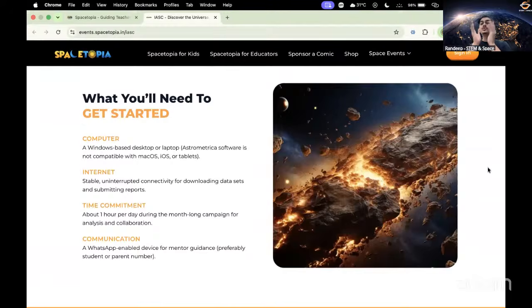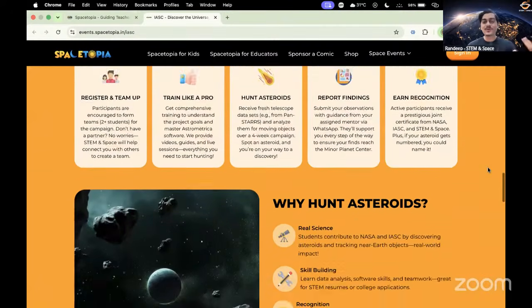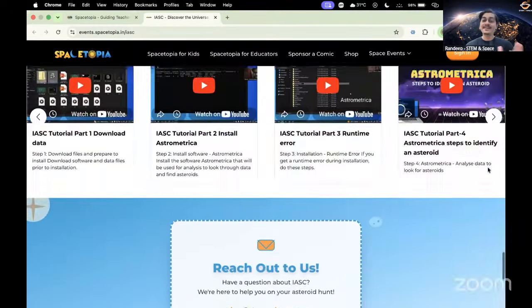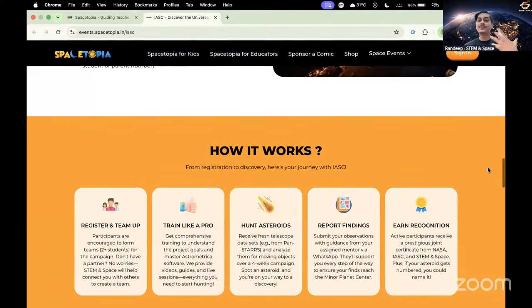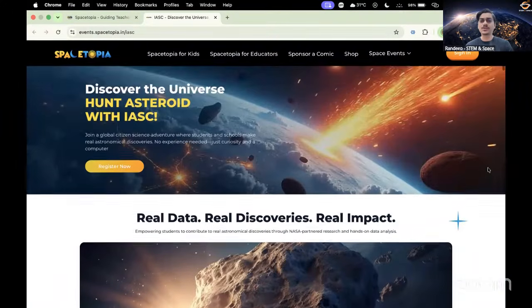where you get to work with real astronomical data from real telescopes from NASA, and you get to discover real asteroids. And if that discovery comes out to be genuine, which has happened many times, we have got over 100 discoveries so far in our company since the past few years, you will get the chance to name that asteroid. So your name as well as the name which you give to that asteroid will be etched permanently on NASA's website, of course. And that's how you can be part of a global campaign and a very big astronomy citizen science project as well. So this is also a citizen science project similar to many other projects that we have covered.